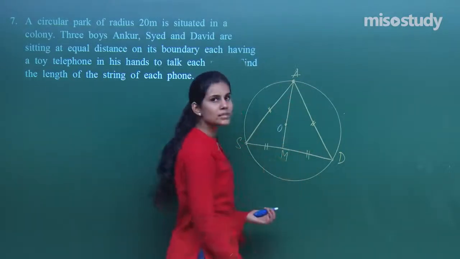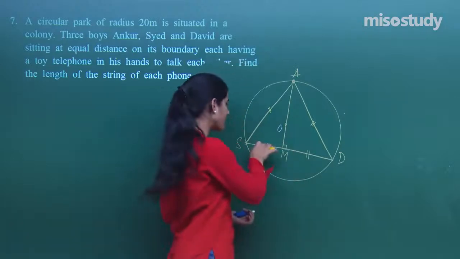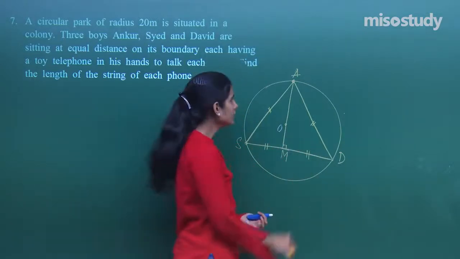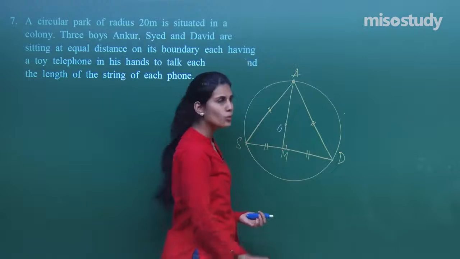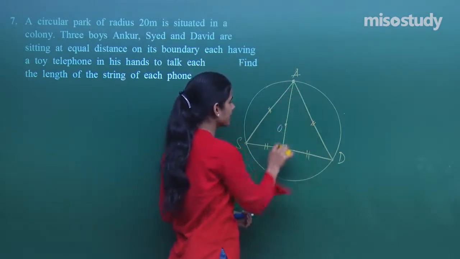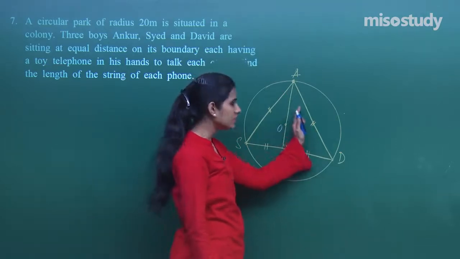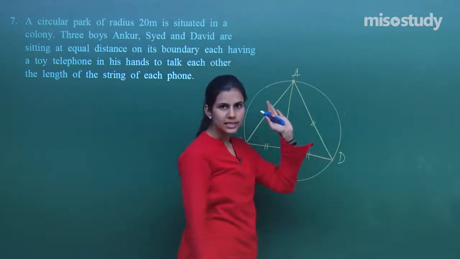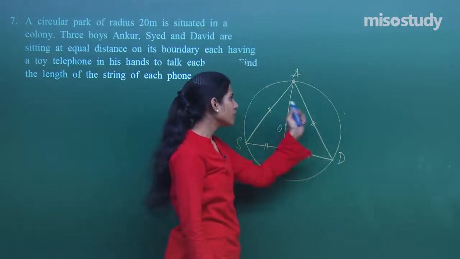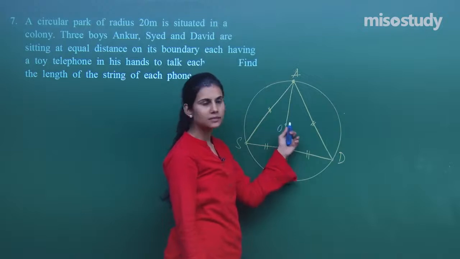Then AM also is the perpendicular bisector, that means it is also perpendicular to SD and then bisecting it. Fine. So AM is the median which is also the perpendicular bisector. So AM is not just bisecting SD but AM is also perpendicular to SD. Is it clear? That is the quality of an equilateral triangle sitting inside a circle. That the center of the circle happens to be the centroid as well as orthocenter as well as circumcenter of